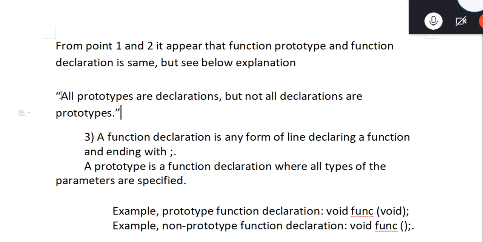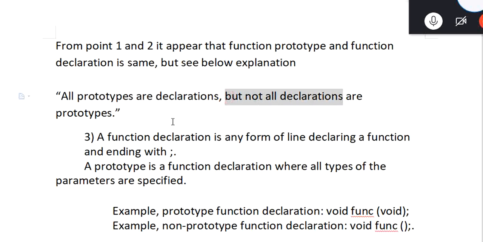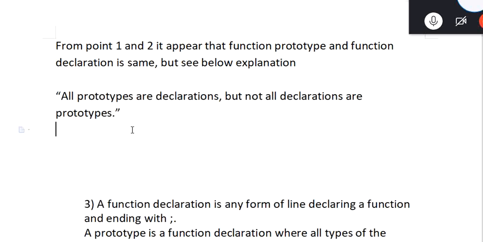Now you see, all prototypes are declarations, but not all declarations are prototypes. Can anyone explain this statement? Sir, wherever you are declaring a function, you can call that a function prototype also.